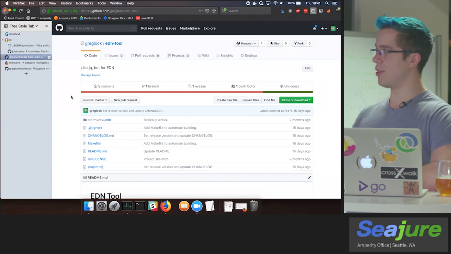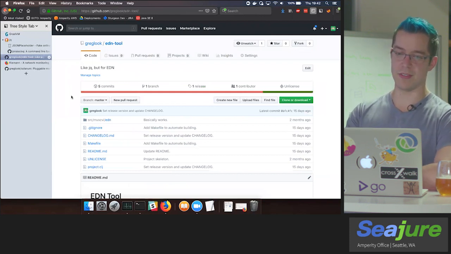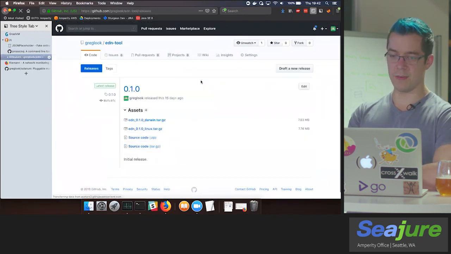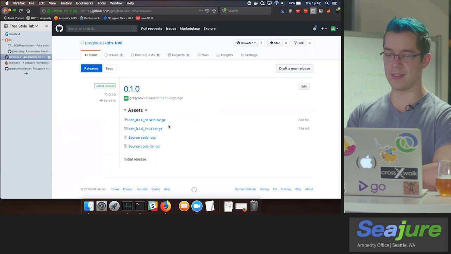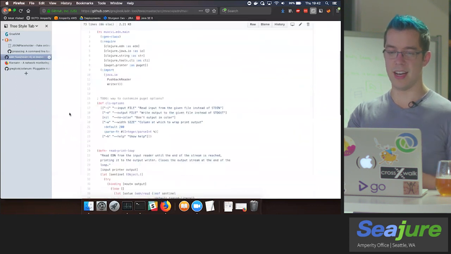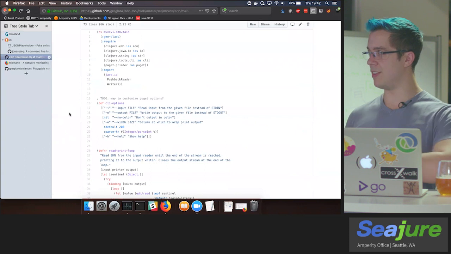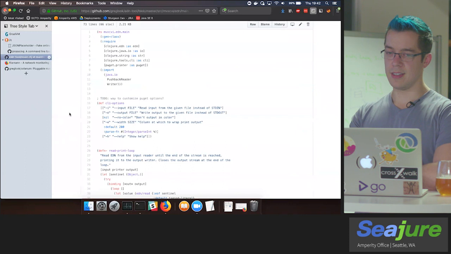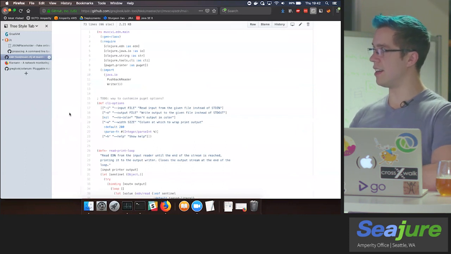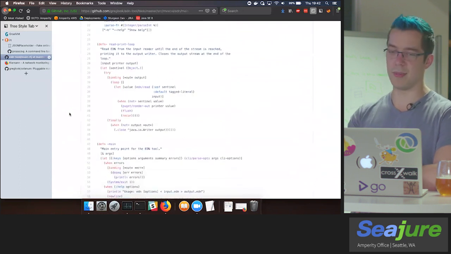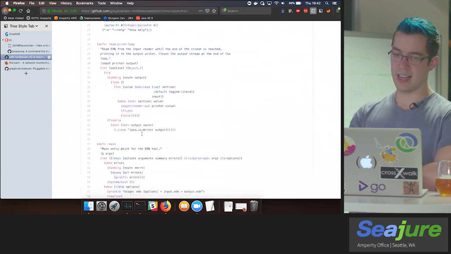And again, as a motivation for this talk, I wrote something very simple called EDN Tool. This, for those following along at home, does have a published release with some binaries if you want to play around with this later. But I'll walk through the code first because it is almost painfully simple. I haven't implemented a lot of the filtering and mapping features from JQ, but at its most basic utility, it takes EDN on standard in and it pretty prints it to standard out using another library of mine called Puget.